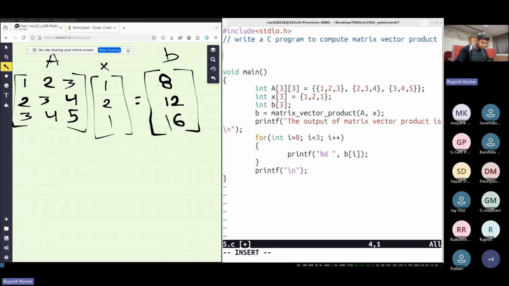So let's write the body of this function.